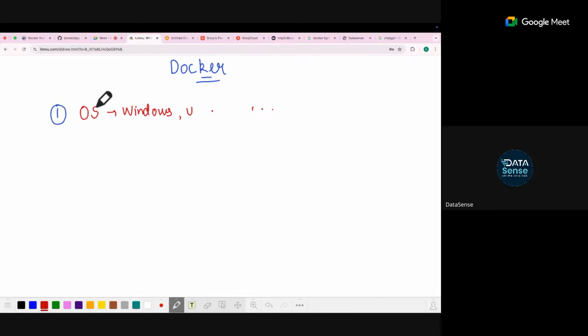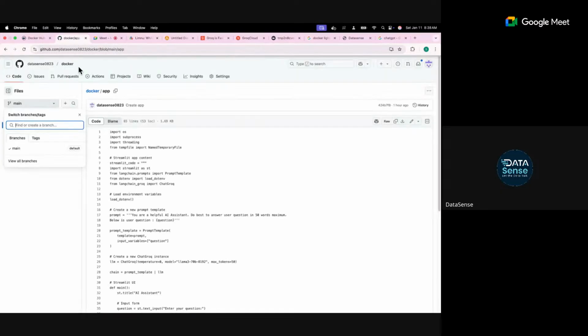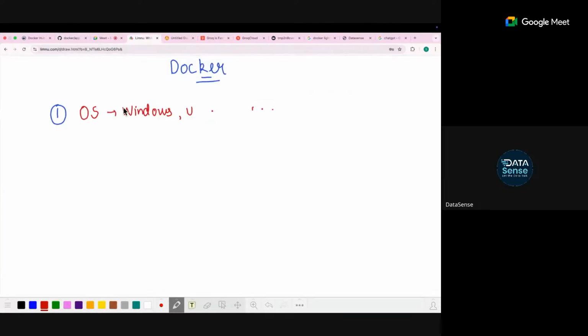Agreed, everyone? Suppose I put this code on GitHub. Can you just go and run this code on GitHub? No. You need to put that code on your computer and then run it, right? So the first thing that you need is your operating system. After the operating system, the second thing you need, because this is a Python application, is Python.